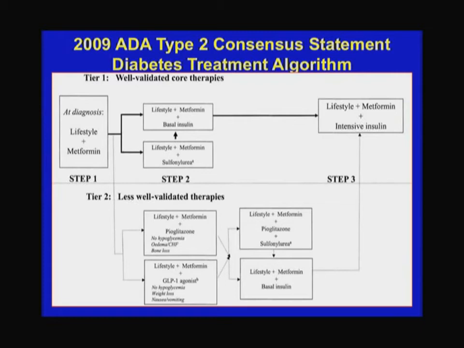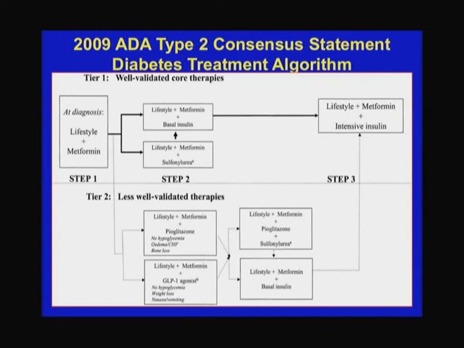So this is how it splits in the United States, actually worldwide. We have two approaches. They're both legitimate. This is not my terminology. This is from the American Diabetes Association. It's a consensus statement. And what they would call well-validated therapies typically would be diet and exercise, which is what they mean by intensive lifestyle here, metformin first, and then as a second drug, either starting nighttime insulin or a sulfonylurea. And whichever one of those two you do second, you can do the next one next.